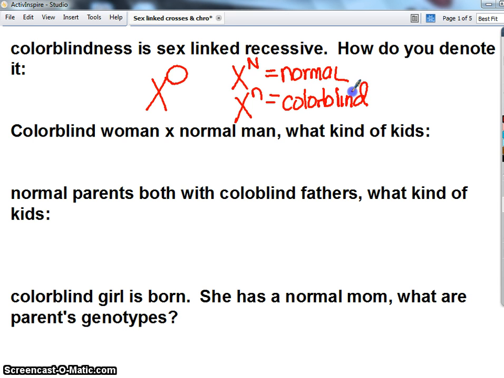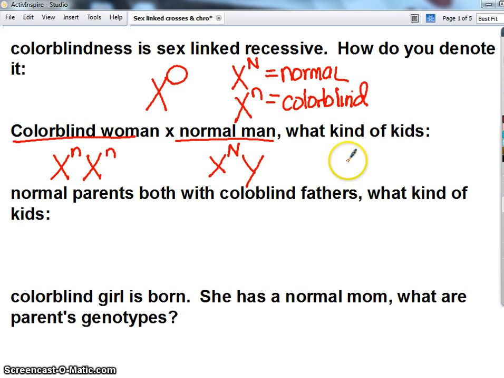So now we're going to do our first cross. So you're crossing a colorblind woman and a normal man. So a woman is going to be XX, and the male is going to be XY. And now what's left is to put the letters on the X's and then do the cross. So if she's colorblind and it's a recessive trait, she has to be little n, little n. He only has one X and he's normal, so his X must carry big N. And now if we cross them, I'll put it up here, we're going to see X little n, X big